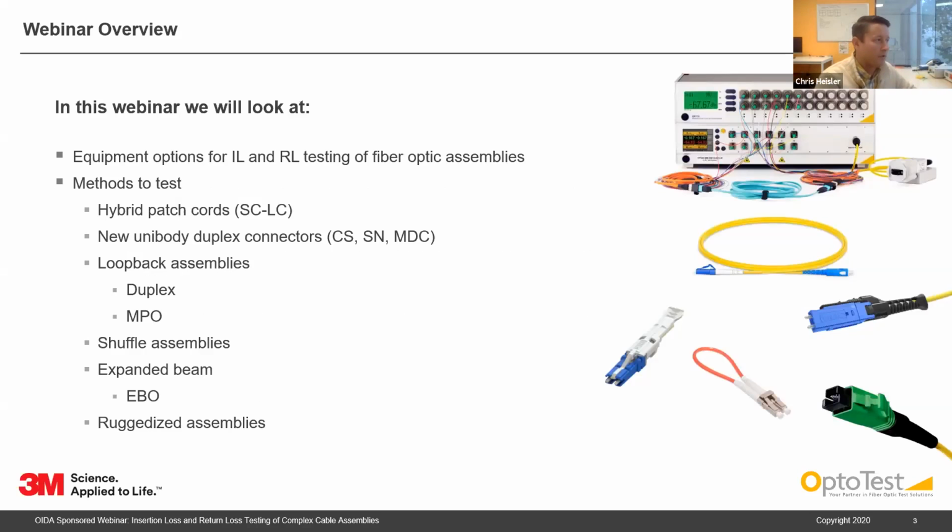In this webinar, we're going to be looking at equipment options for insertion loss and return loss testing of fiber optic assemblies. We'll look at methods to test hybrid patch cords, new unibody duplex connectors such as the CS, SN, and MDC. We'll look at loopback assemblies and how to test duplex and MPO type loopbacks. We'll also look at testing setups for shuffle assemblies, as well as some expanded beam options, and focus on the